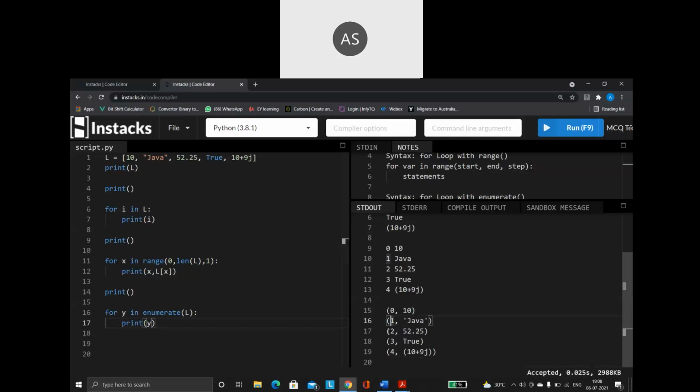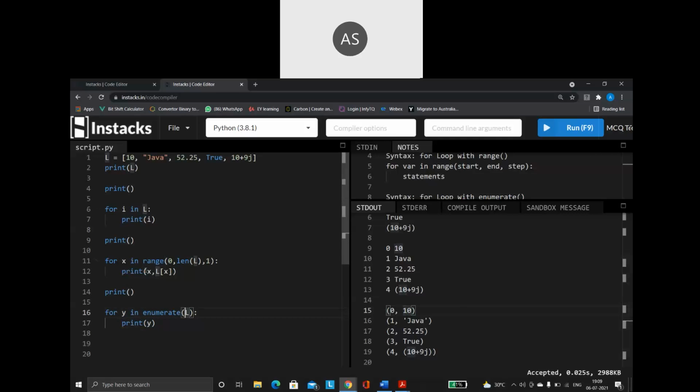One by one, it will fetch the values. Along with the index positions, it will print the value. So in index 0, this is the value. In index position 1, this is the value. In index position 2, this is the value. So like that, it is going to print the values automatically. So every time inside the y variable, this entire value will be stored. It will take the index also, it will take the value also, store it in y. So I'm just printing the y value directly.